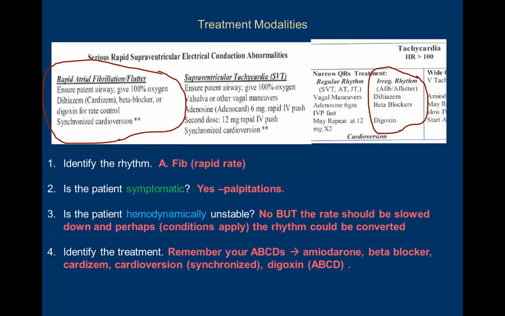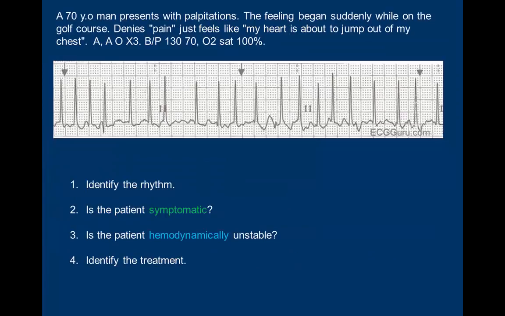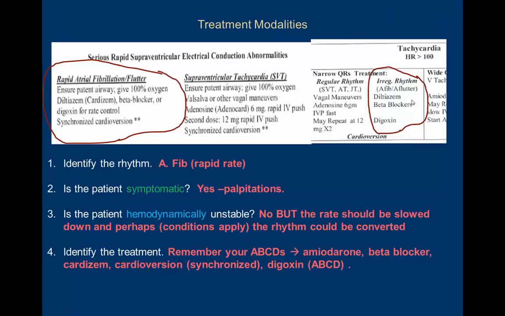And when we look at this rhythm, we can see that it is atrial fibrillation, but it is atrial fibrillation with a rapid ventricular response. In other words, when you go back, you can see that there's a lot of QRSs here. So the rate on the atrial fibrillation is very rapid, and this can happen with AFib. You can get a very rapid ventricular rate, and with that rapid rate, that's what's going to give them the palpitations and can cause them to be unstable. But in this scenario, the patient is